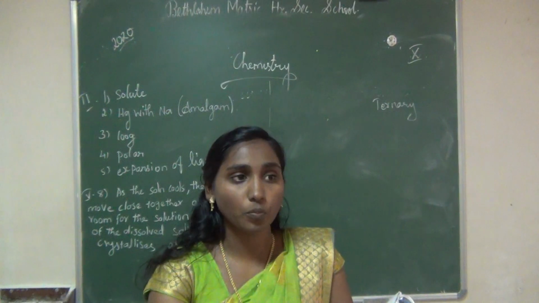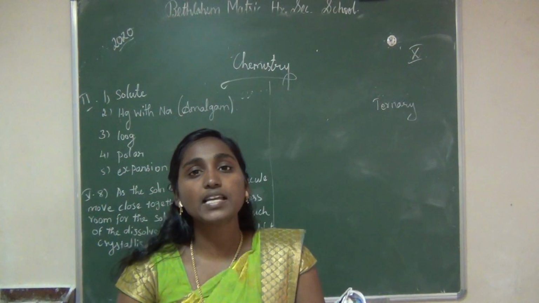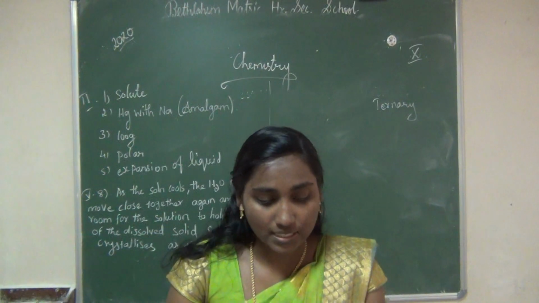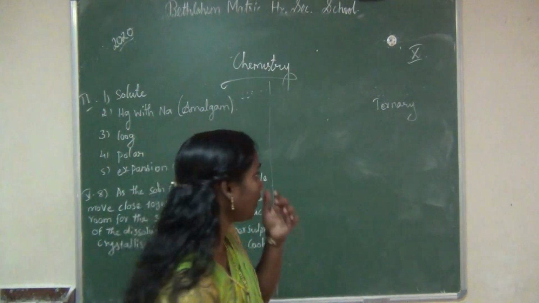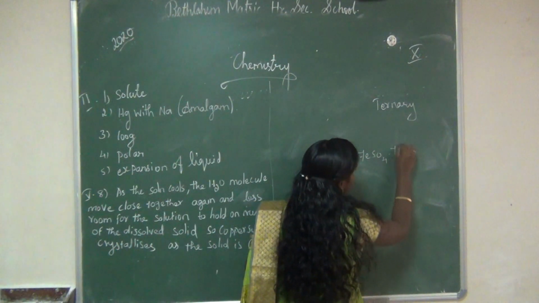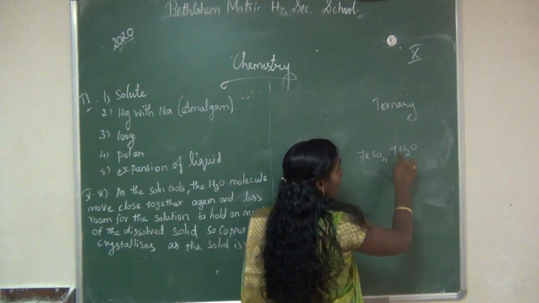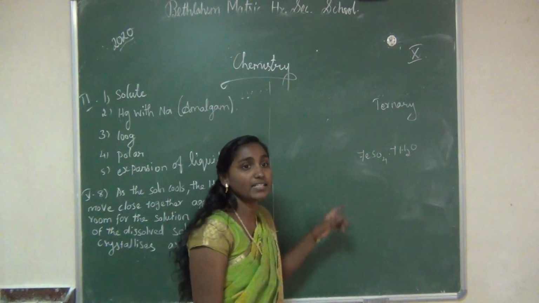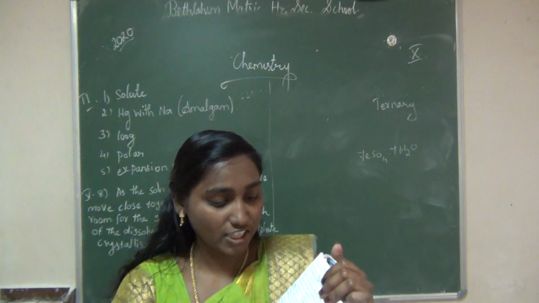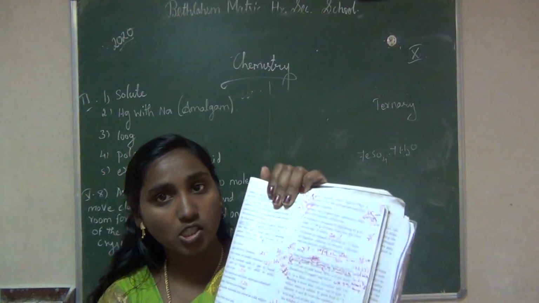Third one answer true. Then fourth one, the molecular formula of green vitriol is MgSO4 7H2O. It is not right. So answer false. The molecular formula of green vitriol is what? Green vitriol, FeSO4 7H2O. That is iron sulfate heptahydrate. So that MgSO4 7H2O, you underline it, and near that write down FeSO4 7H2O.